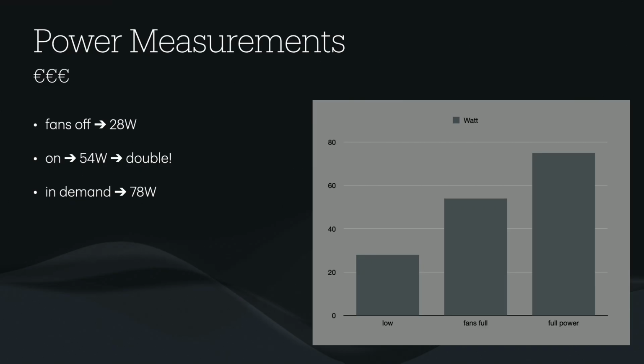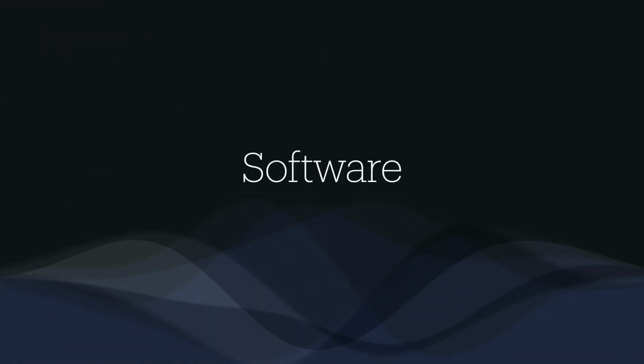It's like, whoa. That's when I thought, maybe this fan control thing is nice to sort of halve the power usage of your server. And then when you run some stuff on it, the wattage goes up to 78 in this case. But this is a very old server, and it's a very low-powered server. You saw it was a 1U, and if you have a bigger one with 64 cores and stuff like that, it can easily go to 1,000 watts power usage.